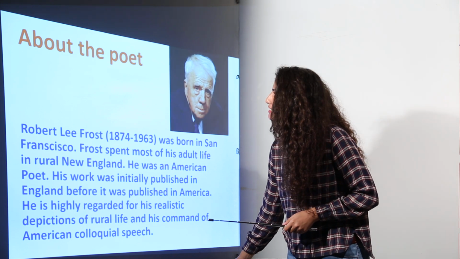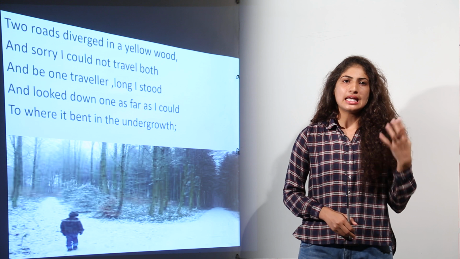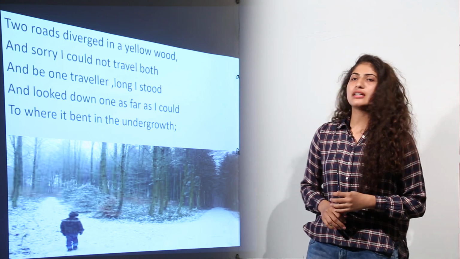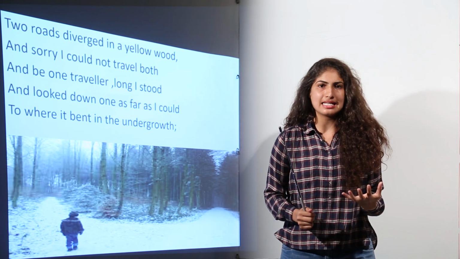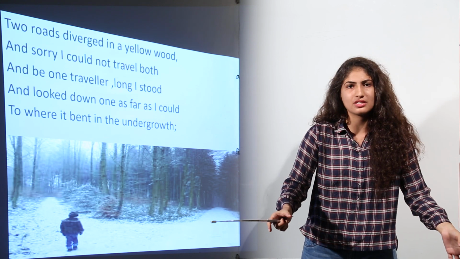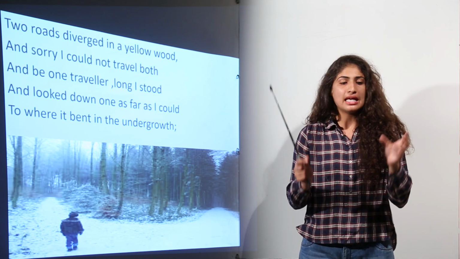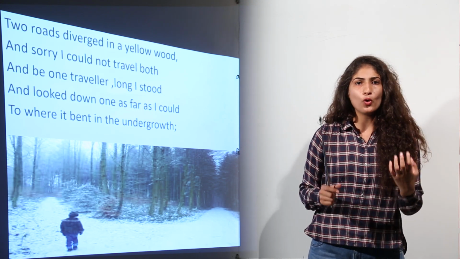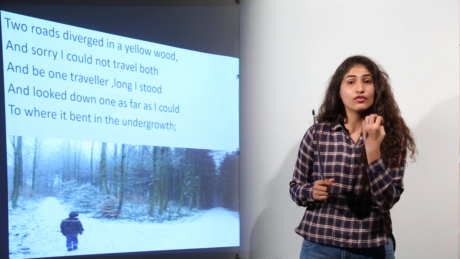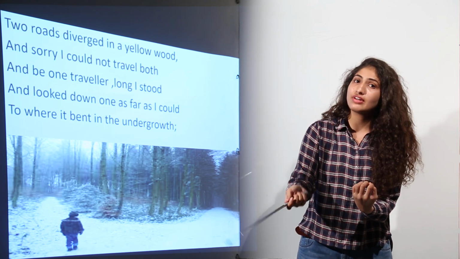First of all, let us understand the meaning of the title, The Road Not Taken. This symbolizes that there is a situation when we have 2 or 3 options, and out of that we choose one. So here in this poem, there are 2 roads and the poet is standing at the junction, at the fork of the 2 roads. He has to select one and he has to reject one.